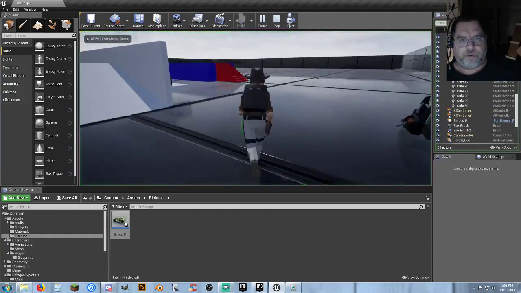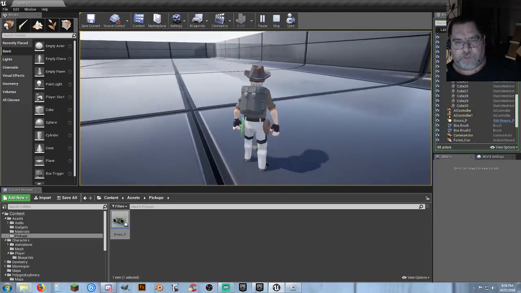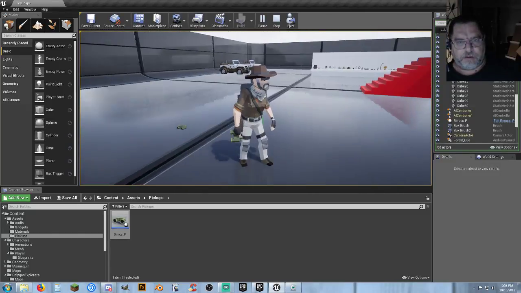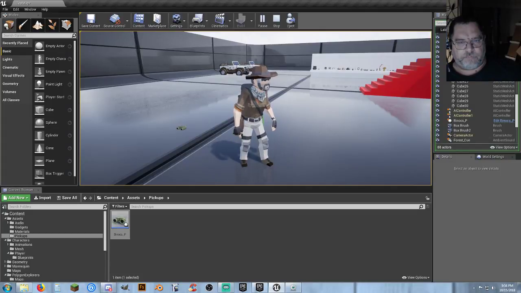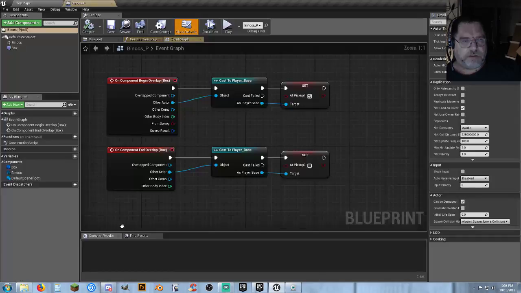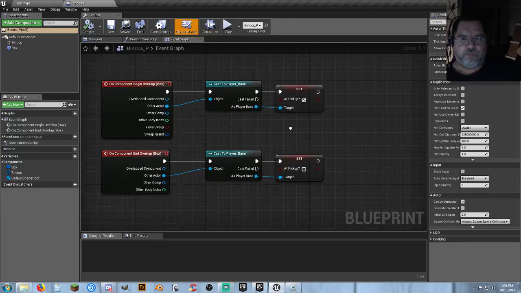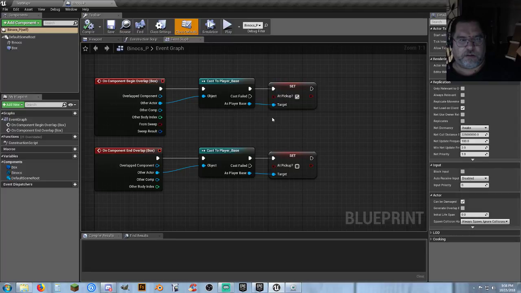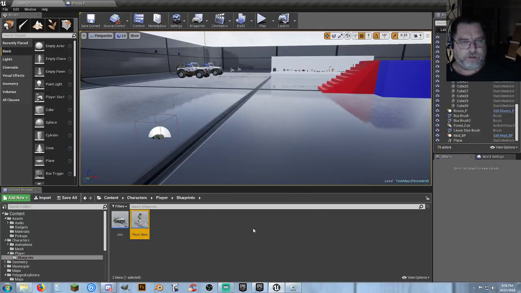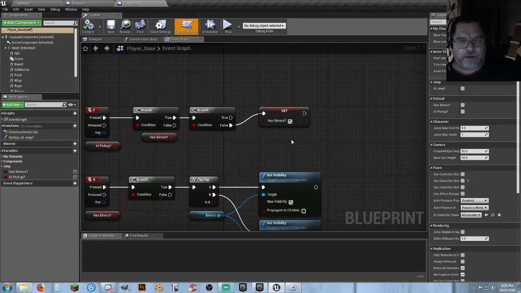Alright, so now when we're going in here, hey look, there's a pair of binoculars. You walk over to them, hit E, and now let's hit B. So now we can toggle them on and off. But the next thing we want to do is we want those to go away. And to make them go away, let's create another variable. So set has binocs is equal to true,